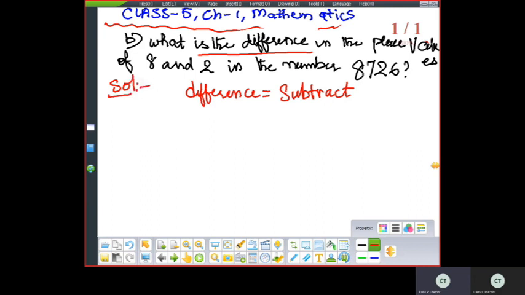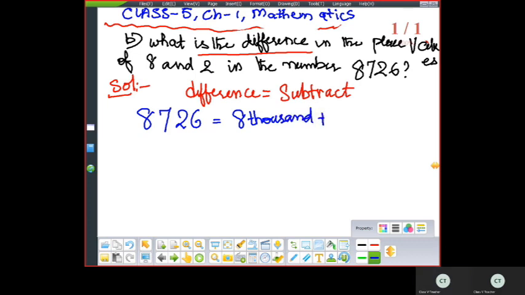What you have to subtract now? Place values. So place values of 8726. So let us first write the place value of 8726. So let us first expand it. Then you will get the place values. Yes or no? So 8000